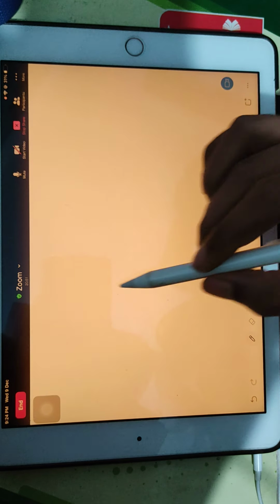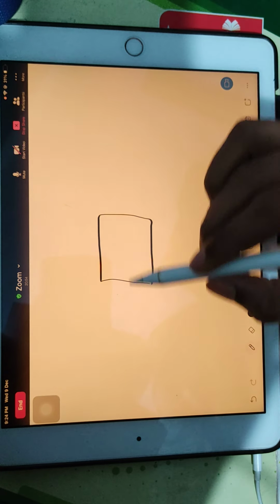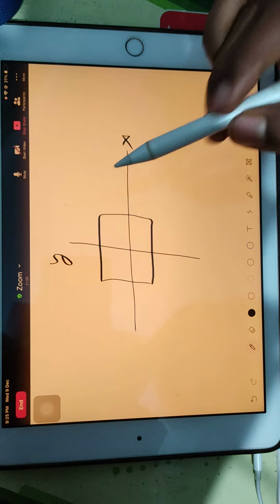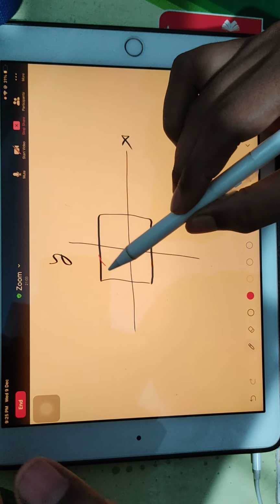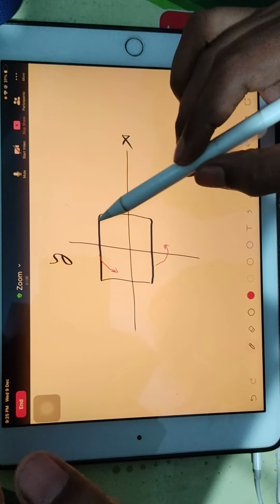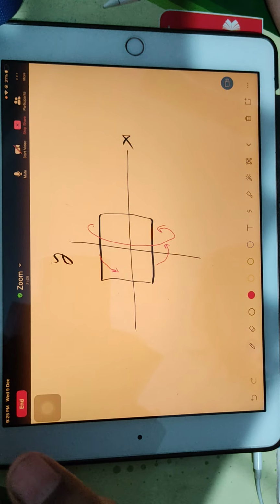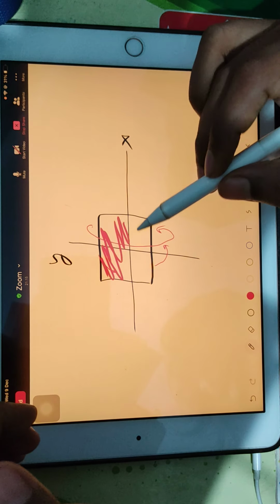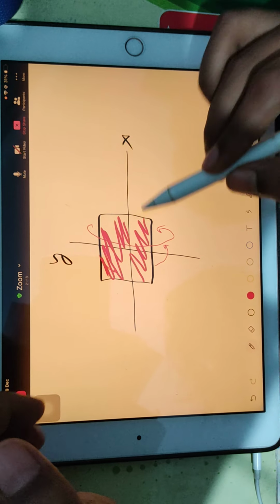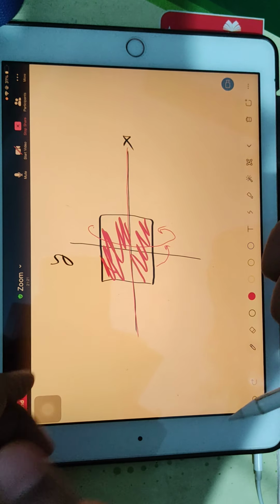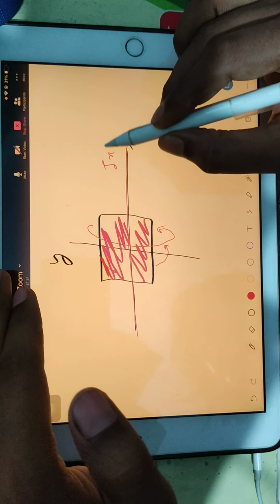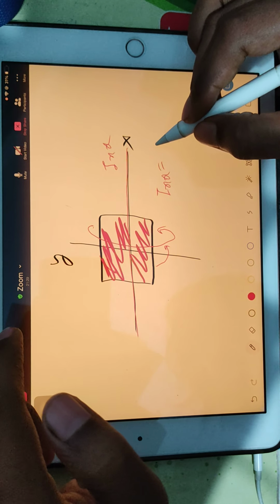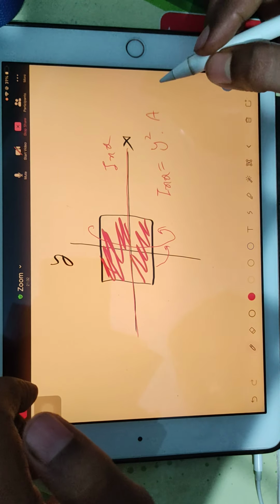I will repeat again. Suppose you have any rectangle, and this you are deciding as x-axis and this as y-axis. And you want to rotate the rectangle like this. So if it is rotating like this, then this part of the area is rotating, correct? And this part of area is also rotating, about this axis. So whatever moment of inertia will be there, that will be Ixx. But if you want to find Ixx, you have to use this formula, y square into area.